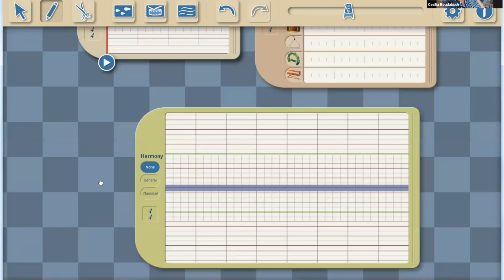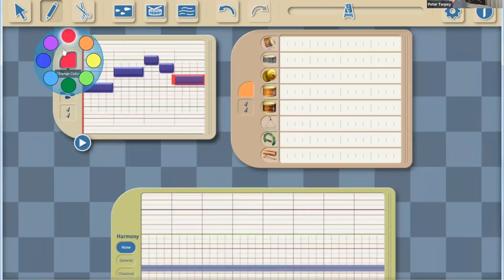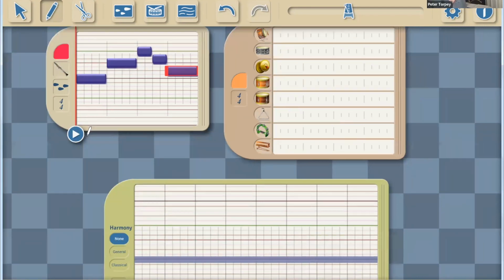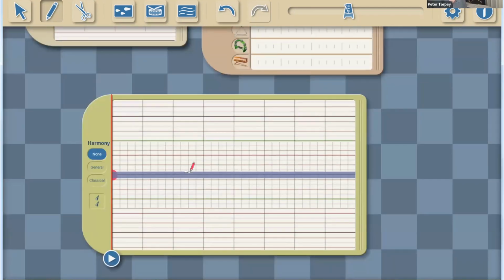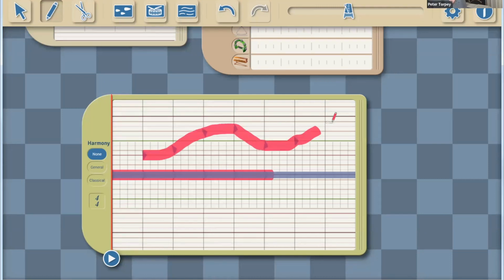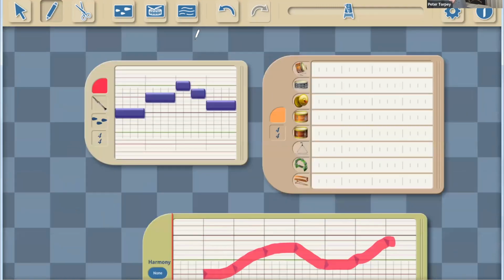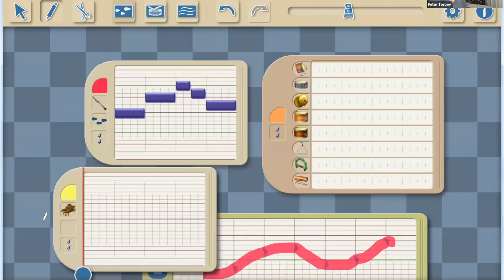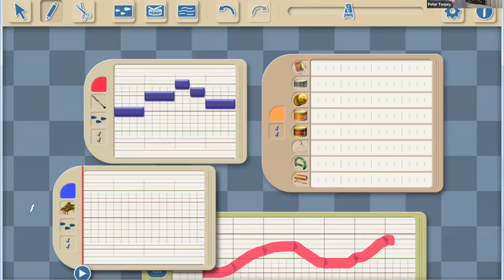So again, color is very similar, although we have a color palette attached to each window here. And I'll draw a line. This, and also let's make a baseline blue.